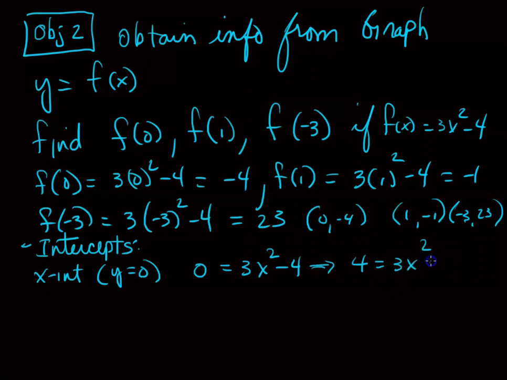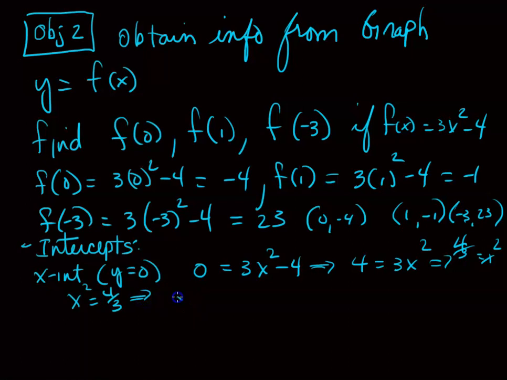If you divide both sides by 3, you get 4 thirds equals x squared. And so if x squared equals 4 thirds, then x is equal to plus or minus. Remember, when you take the square root, you've got to put a plus or minus the square root of 4, which is 2, over the square root of 3. And we could rationalize the denominator, but